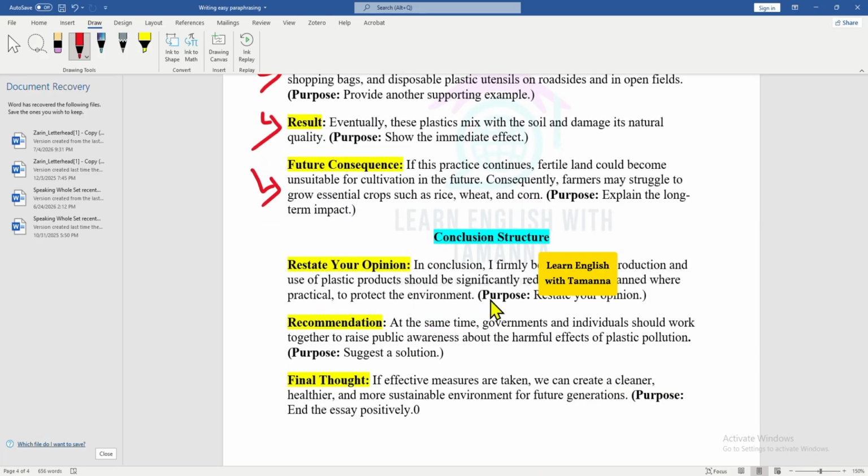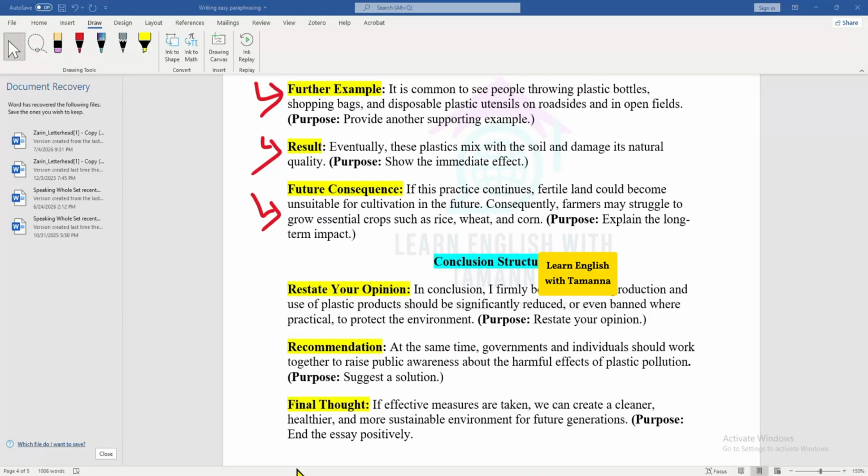And last but not the least, I added the conclusion structure. Now, you just need 2 or 3 sentences to build your conclusion part. Just restate your opinion. Here I wrote that in conclusion, I firmly believe that the production and use of plastic products should be significantly reduced or even banned where practical to protect the environment. So I restated my opinion that why I agreed with the statement that plastics should be eliminated around the world